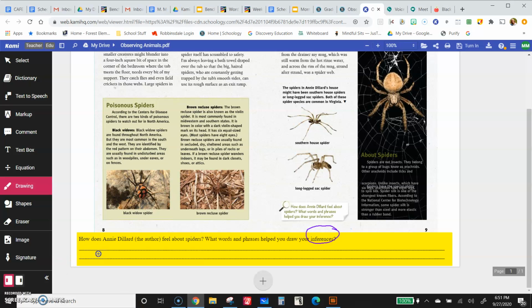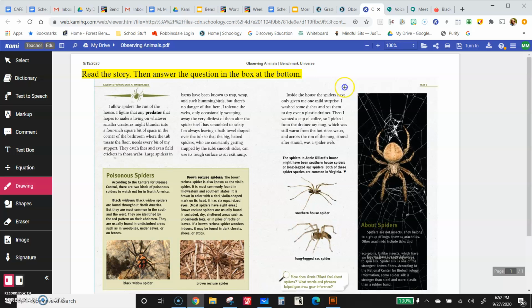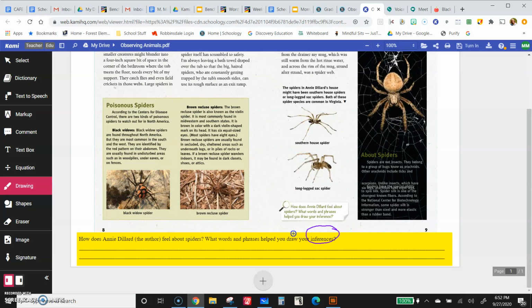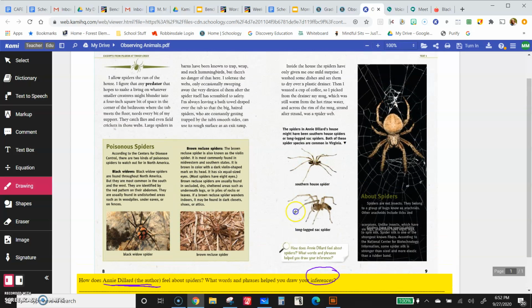So in this text, you are going to read what she says about spiders. You can also see there's some more information about spiders. And then you're trying to figure out how she feels about them. How does the author feel about them? So not how you feel about them. I know sometimes it's easy to think about our own feelings, but in this case, I want you to think about how she feels about them. Does she like them? Does she not like them? Is she scared of them? Is she sort of intrigued and very curious about them? So make sure you are reading carefully,